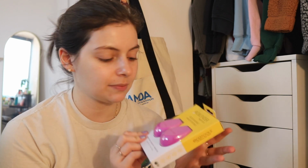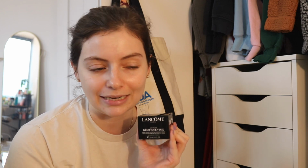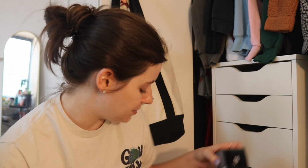A pack of Equal Tools sponges. I have a Lancome eye cream I just bought on 21 Days of Beauty before I learned I got laid off, because I always need to have a backup eye cream. I would rather pay half price and let it sit for a little bit than pay full price only when I need it. I don't know if the math works in my mind like that, but